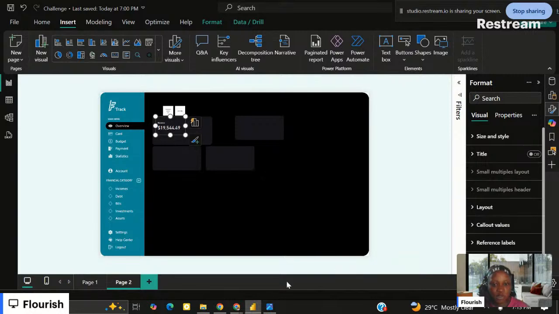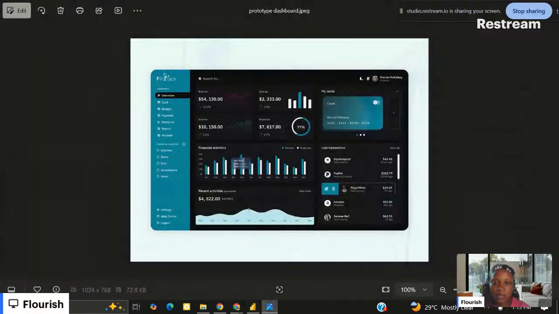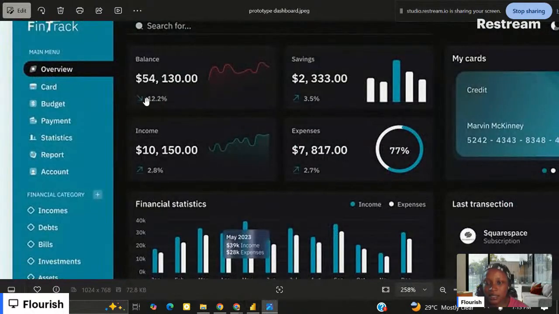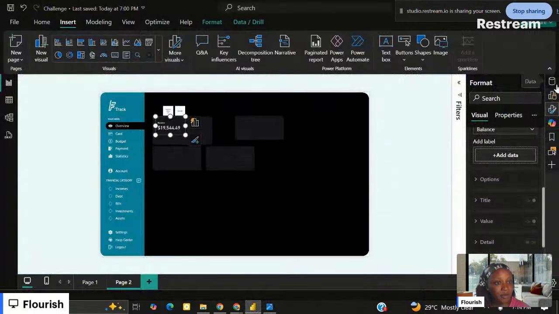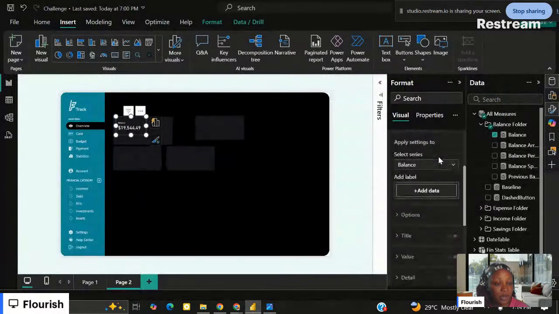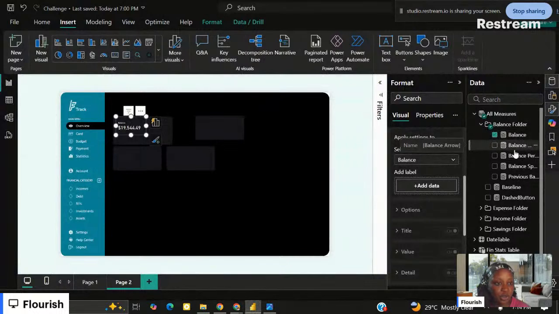Now, the next thing I'm going to do is that going back to it, we can see that there are reference labels here. And aside that, if you notice, most times when a reference label is going low, the color changes. But based on this design, everything is green, regardless of the directions of the arrows. So already what I've done is I've already created measures. So now for my arrow,